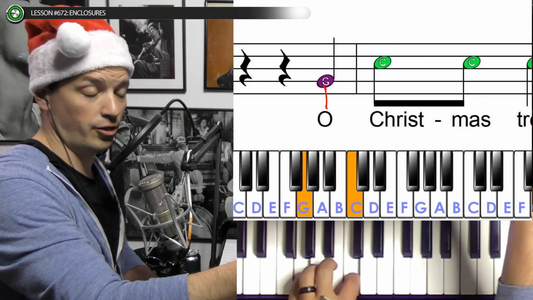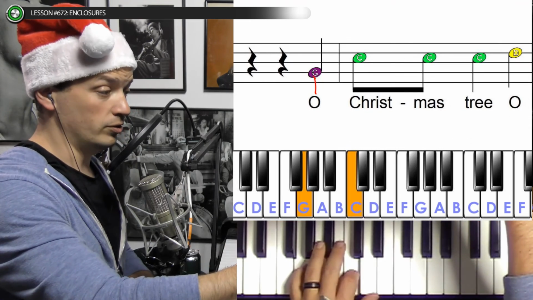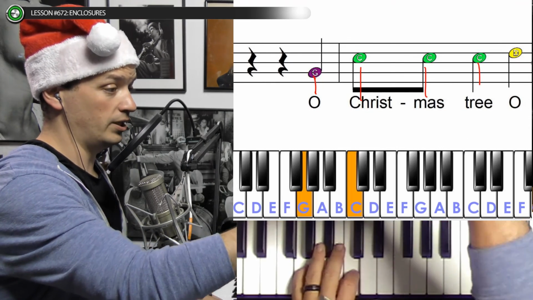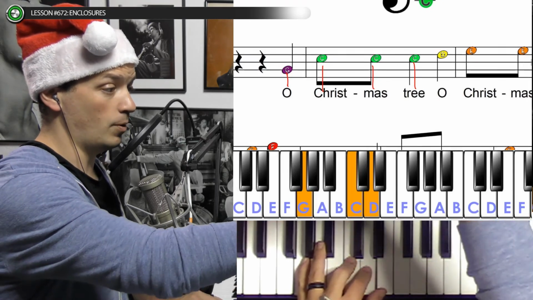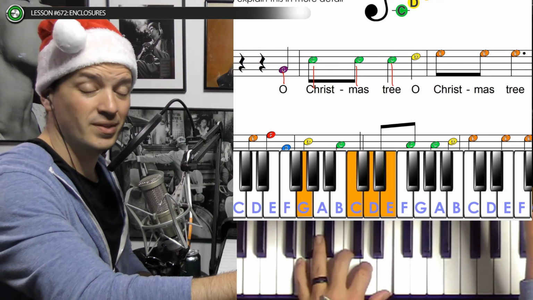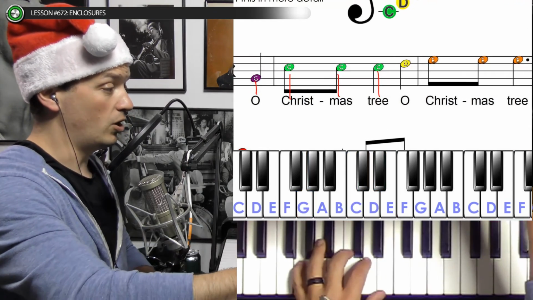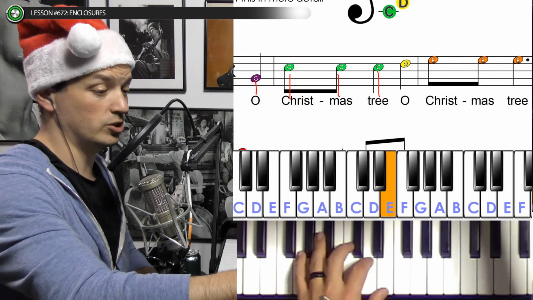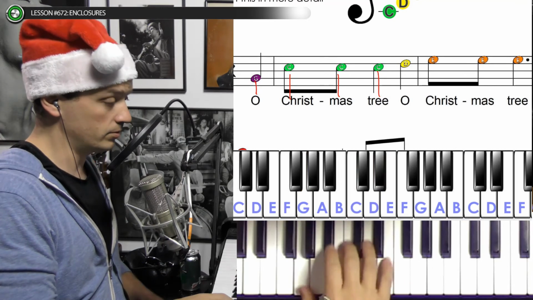and then you would jump up 3 notes to a C, and then you'd play 2 more of those for Christmas tree, and then we'd go up 1 note to a D for O, and then we go up 1 more note for Christmas tree. And we're just going to deal with that much for right now, because that's plenty. So we've got "Oh Christmas tree, oh Christmas tree." Now let's talk about Enclosures. So we're just going to take that much